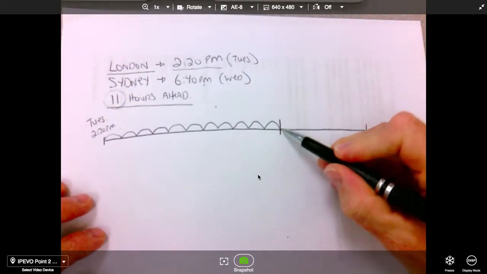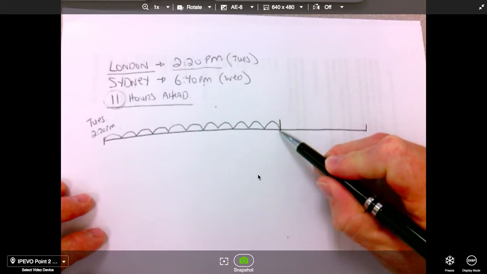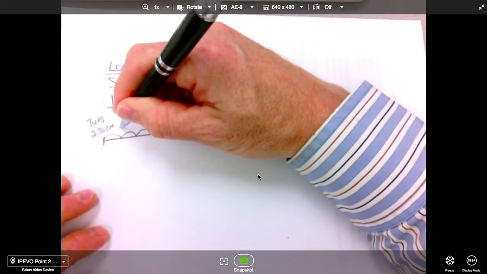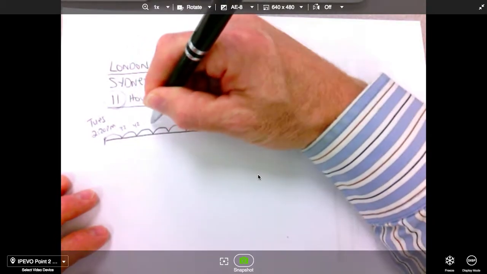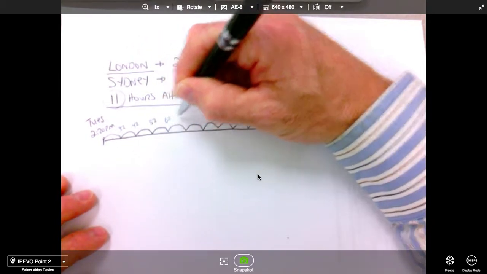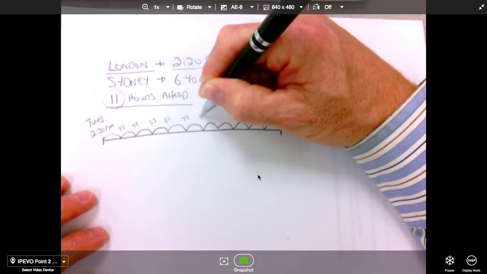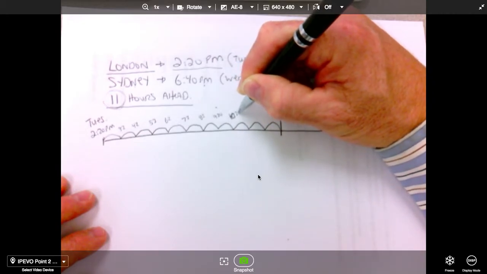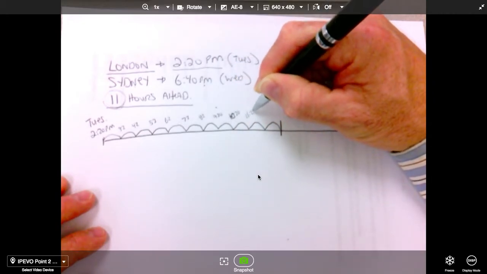Right here, we need to figure out what that time would be when you were leaving London. So we've got 2:20, 3:20, 4:20, 5:20, 6:20, 7:20, 8:20, 9:20, 10:20, 11:20,